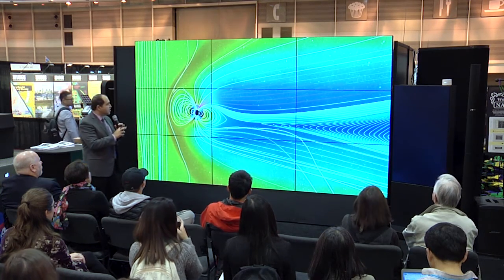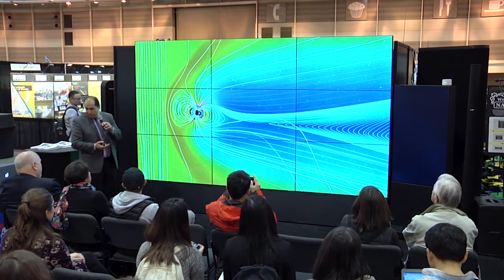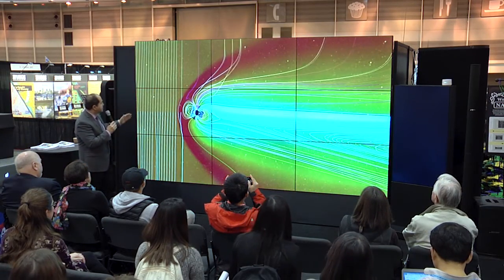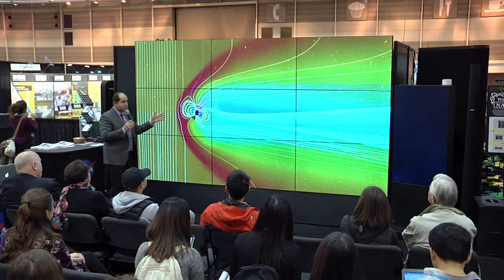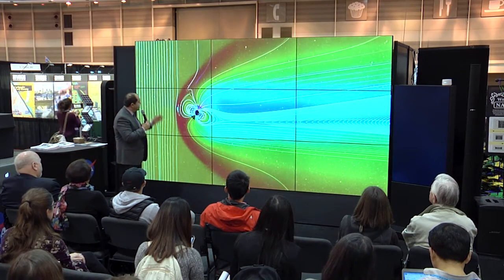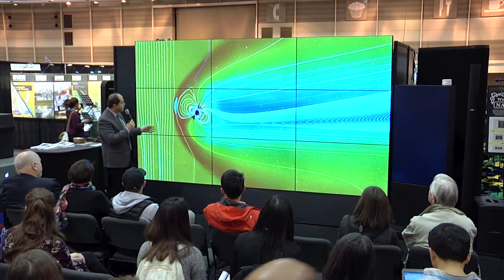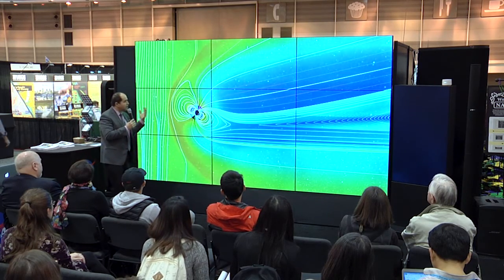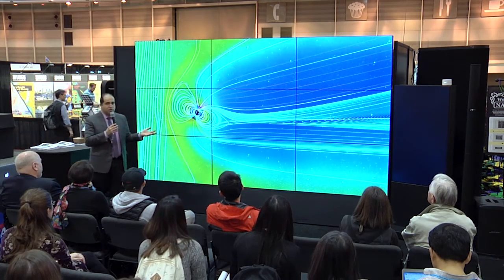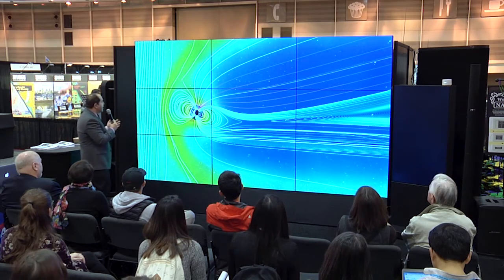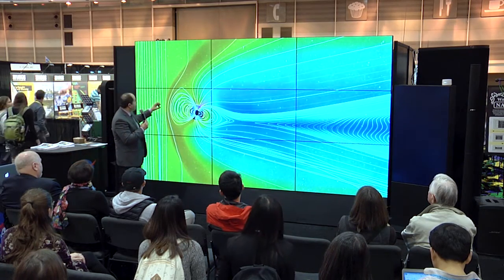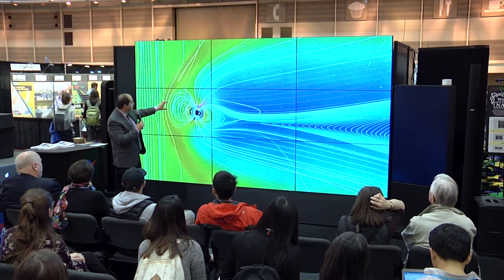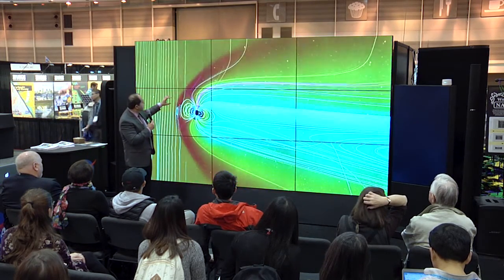And so here's a simulation created by the Coordinated Community Modeling Center at Goddard that shows the effects of the solar wind on the magnetosphere. And so these lines here of the incoming solar wind, here's the lines of the magnetosphere here. The color denotes density, red meaning high density, blue meaning low density. And when you have an active solar wind, you have what happens here. You can see the magnetic field lines